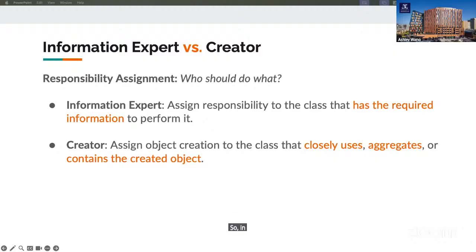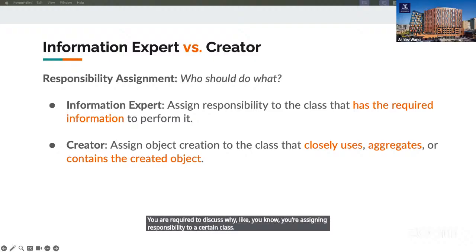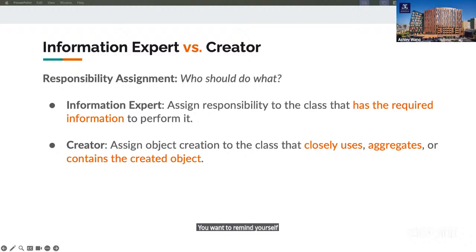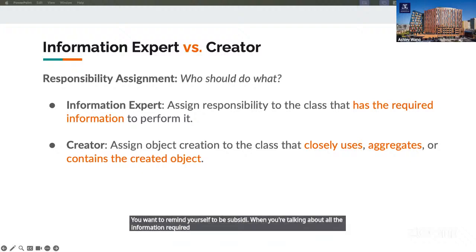So in the exam, I think we've seen questions where you are required to discuss why you're assigning responsibility to a certain class. It's going to be pretty similar to the project 1 practice. When you talk about the required information, you want to remind yourself to be specific. What information are you talking about?